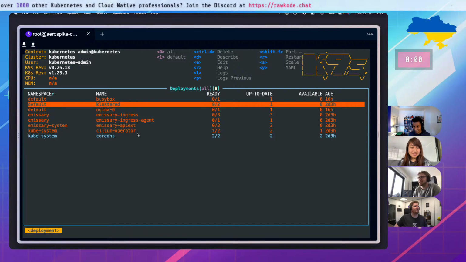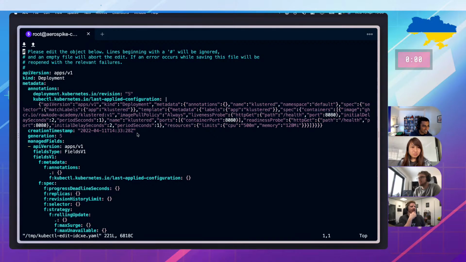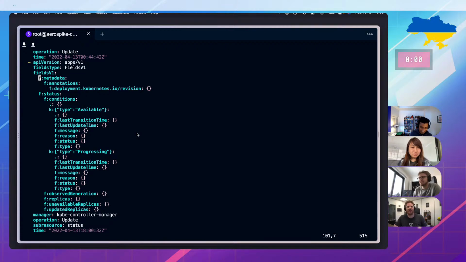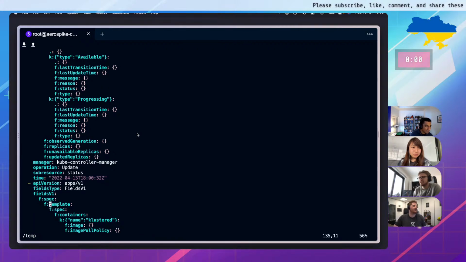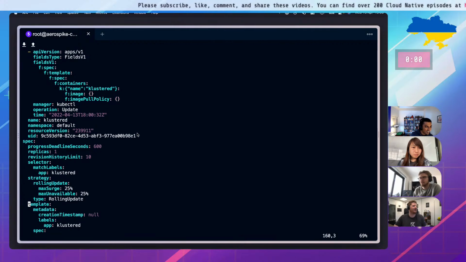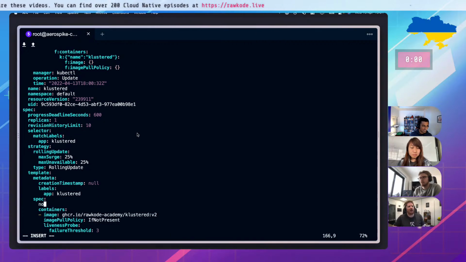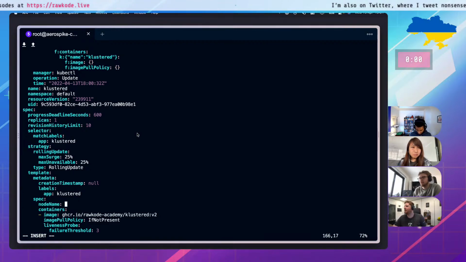Let's just do if not present and hope that it's been cached. The scheduler is broken. You can bypass the scheduler. I don't think I know how. Edit the deployment, jump down to the template spec, and add nodeName. You're in the spec, then add nodeName with a capital N for name, and then just do aerospike worker 1.